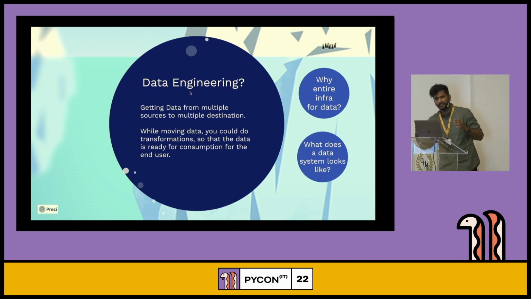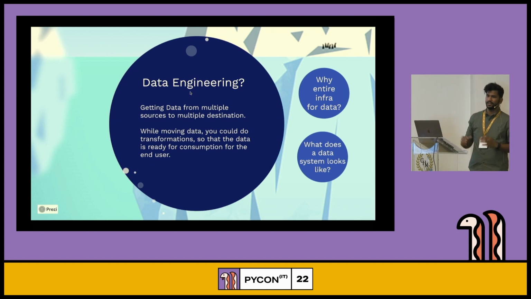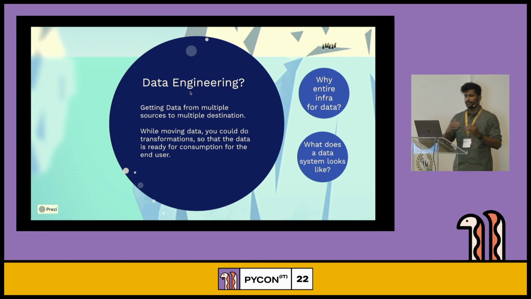But the entire scene for data engineering is to create ETL pipelines, and these transformations can be very simple, from one group by to another. I think your machine learning models are also transformations in the sense that you map one domain to another domain. So that is also one sort of transformation. It encompasses all sorts of things that you do with data inside an organization.